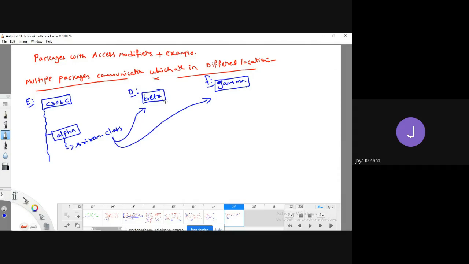Okay, fine. For example, I am going to take a simple example. It contains some class. Let me take as Arjun class, and this gamma folder contains one simple class file called Asif.class.